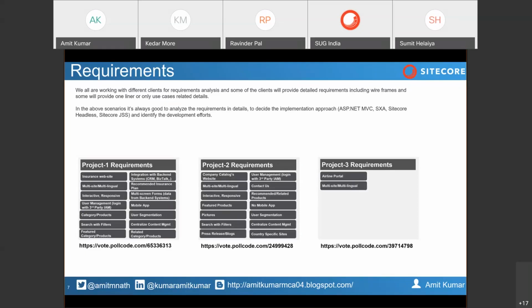and it should support multi-site, multilingual, interactive, responsive. These are the common things in every project you are building. It's required, and third-party user management, because they will have their own user management system as they are booking tickets from many locations or a physical system also. So there should be a data lake, so that they capture all the data from different sources and put it into one location like a data lake, and from there the user management system will work, and the flight reservation form will be present.